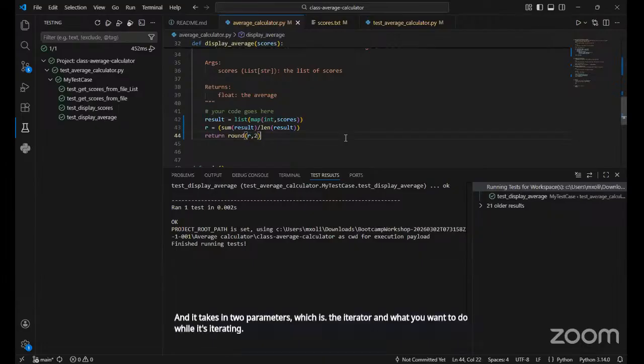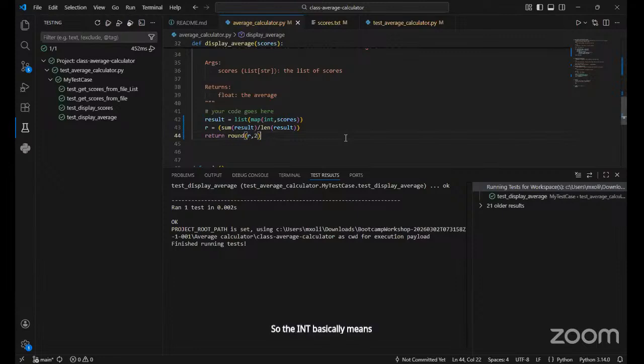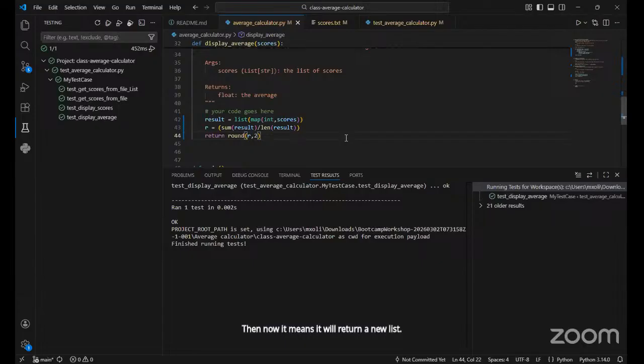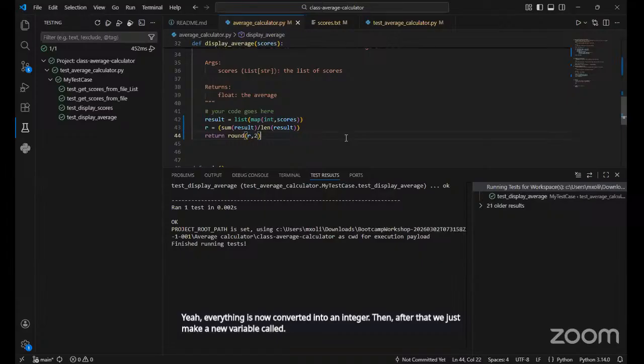The INT basically means while it's iterating, turn everything inside the iterable, which is scores, into an integer. Then it will return a new list where everything is converted into an integer. After that, we make a new variable called R. You can name it anything.